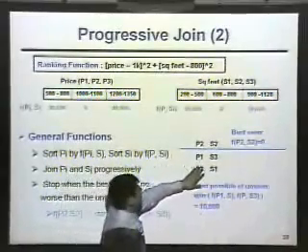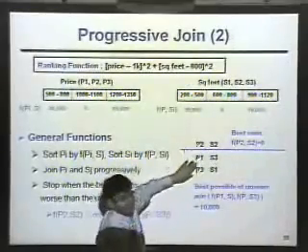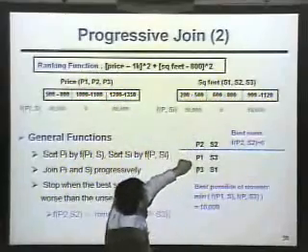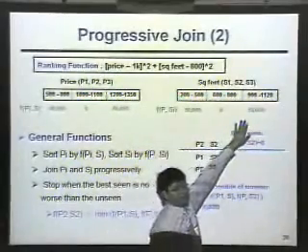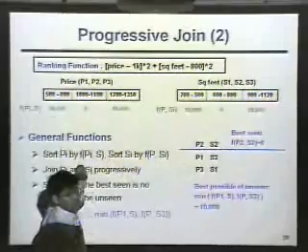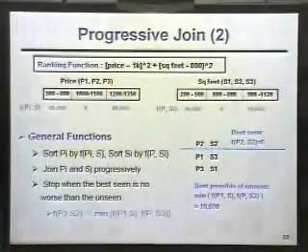Because the possible score is that P2 coupled with any one of them, and S3 coupled with any one of them. And we already know that S3 coupled with the whole region, the score is 10,000. And P1 coupled with the whole region, the score is 40,000. So in this case, we can safely conclude that we already found the best state. So this algorithm is similar to the sort merge framework, and we just use the seen-unseen framework to do pruning.